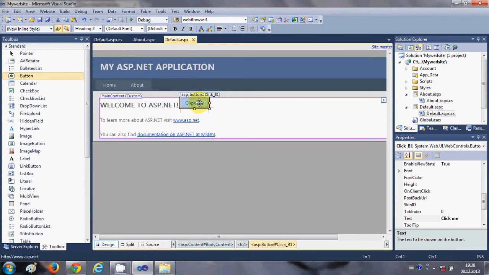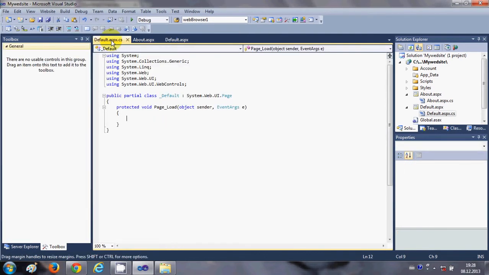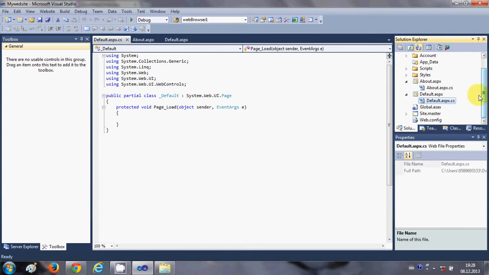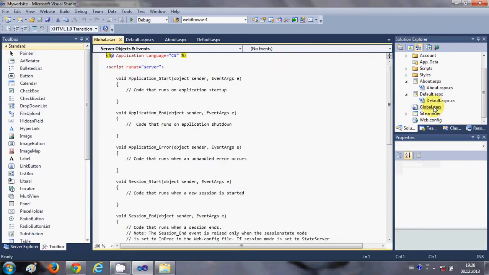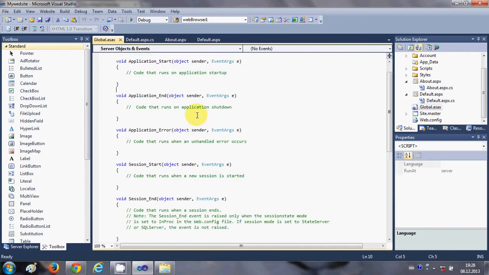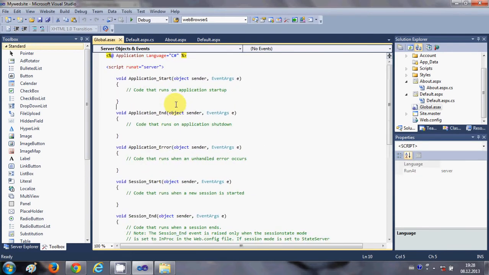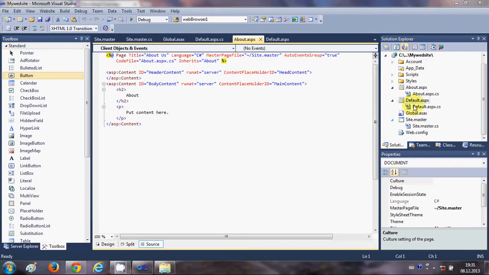Now whenever you drag and drop this button, where is the code generated for this button itself? By default it will not generate the code for the button in here. You will just be able to write the action perform methods and events in this default code. And in here you will be able to see all the global ASPX content. So this is the application content here,